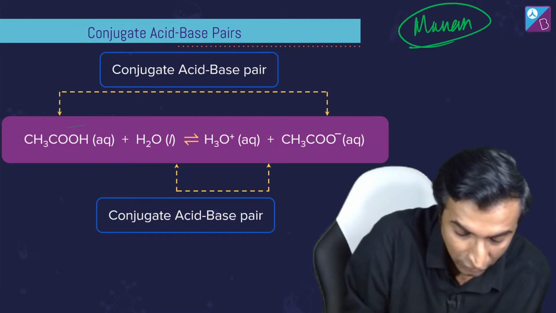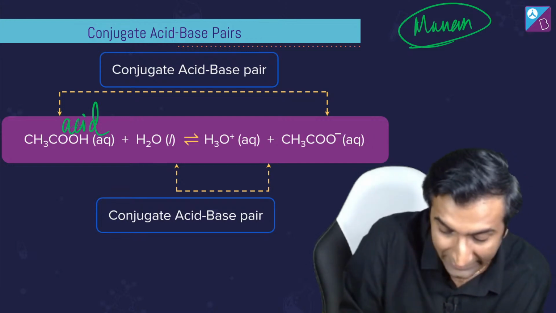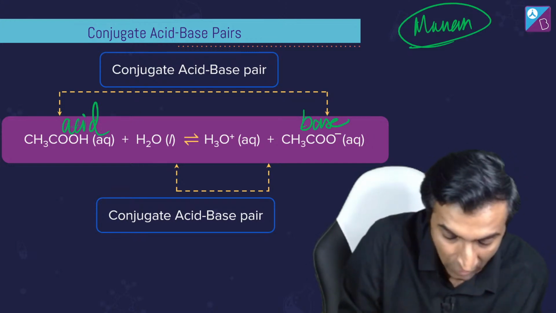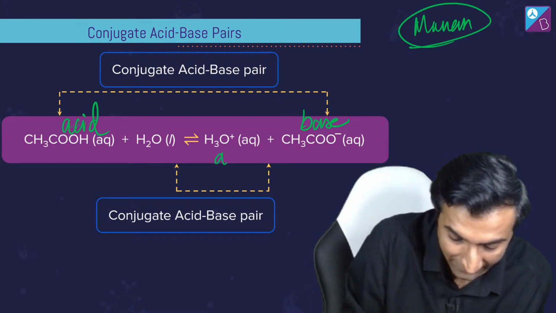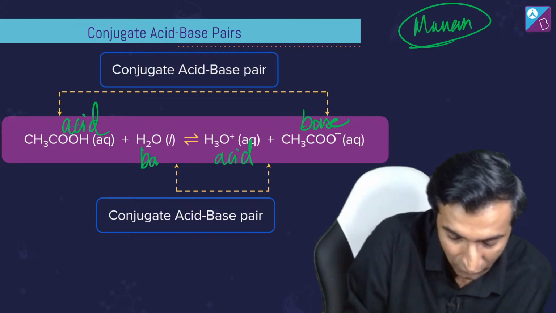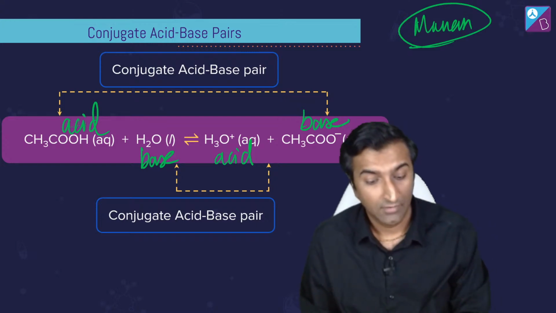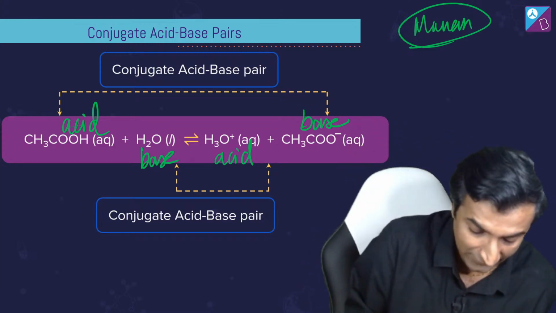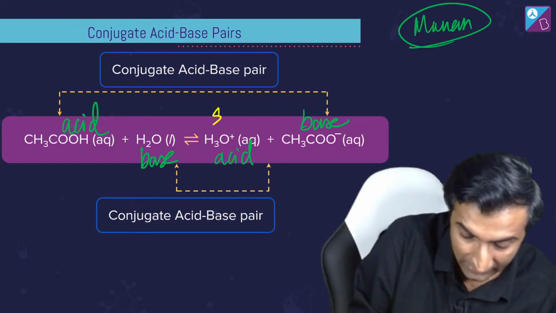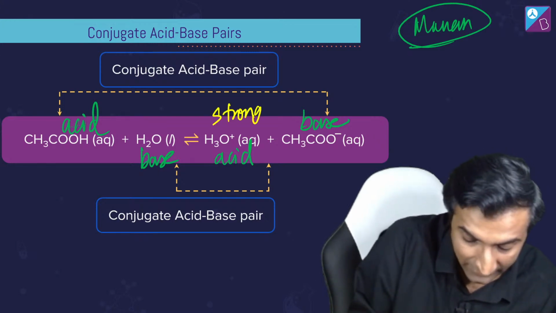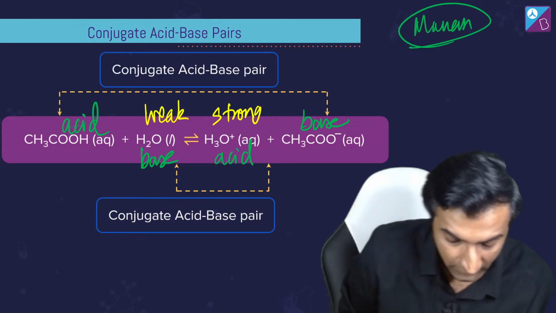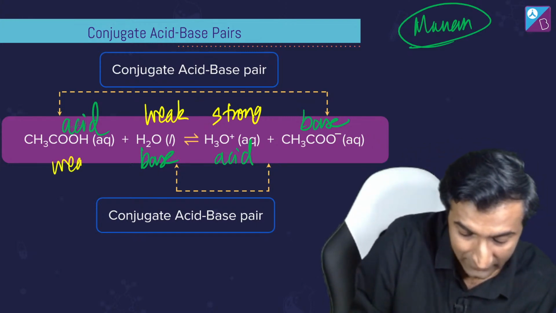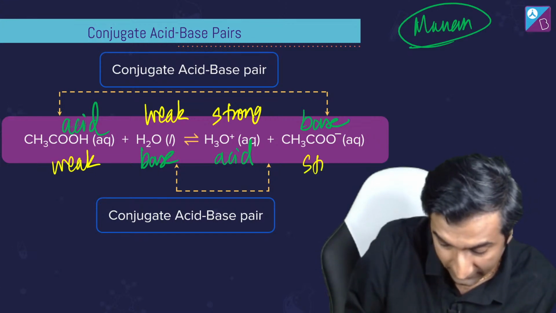Now, in this case, which is the acid, which is the base? CH3OH is losing, so this must be acid. And backward reaction में this is gaining, so this must be a base. Similarly, इन दोनों में क्या हो रहा है? ये है तो acid for sure, ये है base. ये base क्यों? क्योंकि gain कर रहा है. Now, remember that strong weak वाला business? यार, this is a very strong acid. ये तो मैंने अभी तुमको already बता दिया था. This is a strong acid and this is a weak base, right? ठीक है? But oh, this must mean that this is a weak acid and this is a strong base.